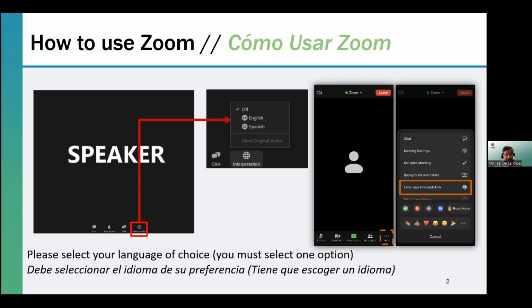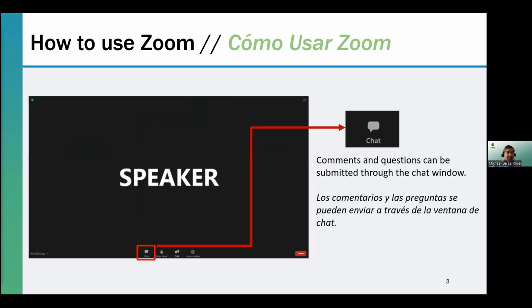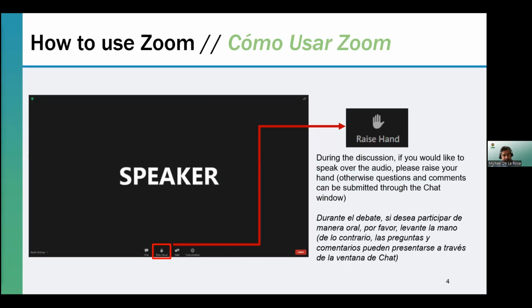Appreciate that. As I was mentioning, we will be using a variety of methods to hear from you today. You will have the same features whether you're joining from your computer or your cell phone. You can type in your thoughts using the chat feature, which is located at the bottom of your screen. If you are joining by cell, you can select the 3 dots at the lower right of your screen to open up the chat. If you would like to speak over the audio, please use the raise your hand option, also located at the bottom of your screen. If you are calling in, please enter *9. Additionally, we will pause in between our speakers to ask you questions and hear your thoughts. The majority of our time will be focused on hearing your comments and answering your questions the best that we can.